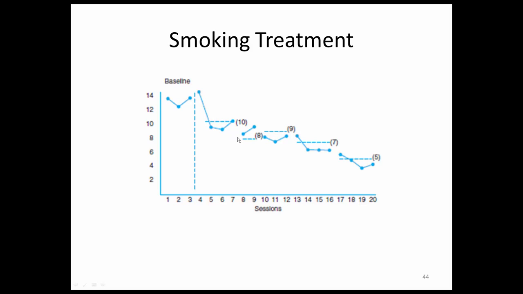For the first week of your treatment, your goal is 10 cigarettes per day, and you see how your treatment is working. In the second week, your goal or your criteria goes down to 8 cigarettes, and you see that your participant, your patient, cannot handle it. So the next week you increase your criteria to 9,